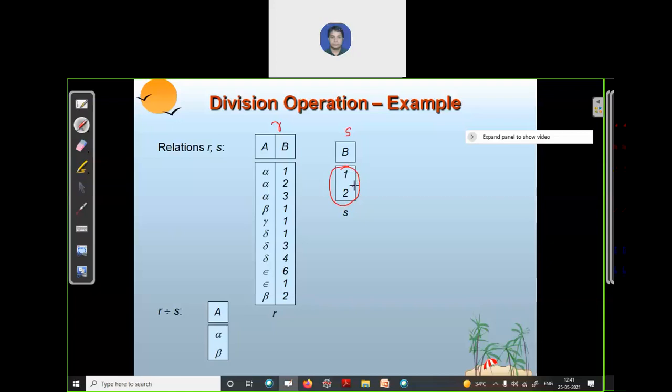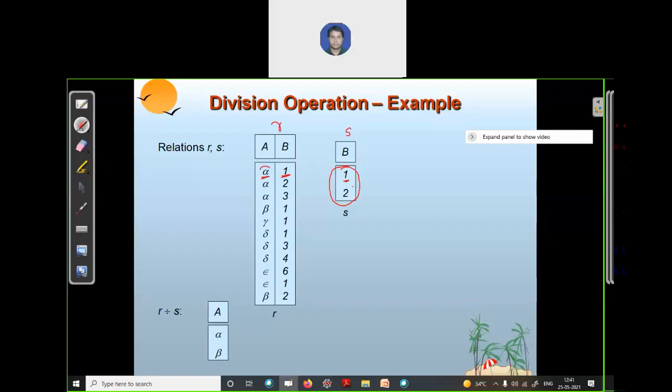Here, every tuple means there are only two tuples. Let's see for the first tuple. There is a 1. Is there any tuple in relation R having the same value? Yes, 1, and the value is alpha.